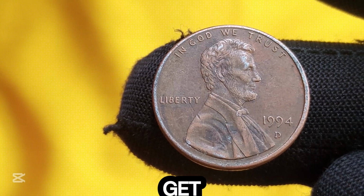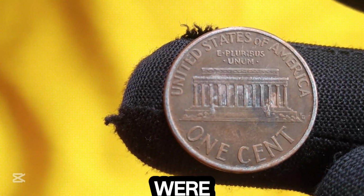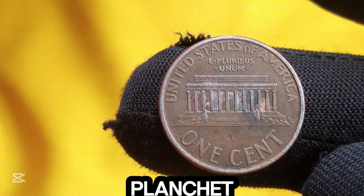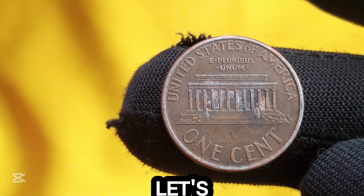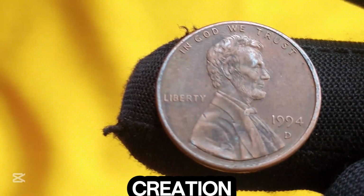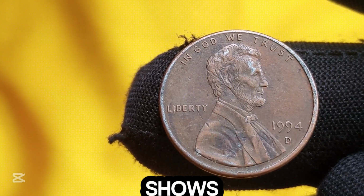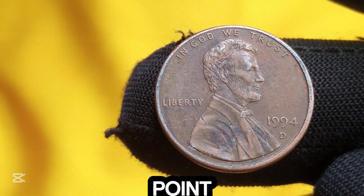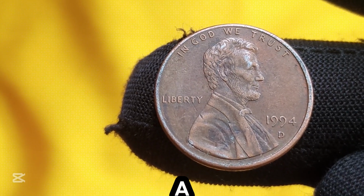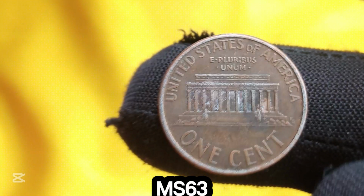Now, this is where things get spicy. While millions of 1944 D copper pennies were produced, it's the errors and rare planchet varieties that make headlines. Let's talk about the 1944 D steel penny, an accidental creation. Only a handful are known to exist, and when one of these coins shows up at auction, it's a blockbuster event. One of the most famous sales was for a 1944 D steel cent graded MS-63, which sold for over